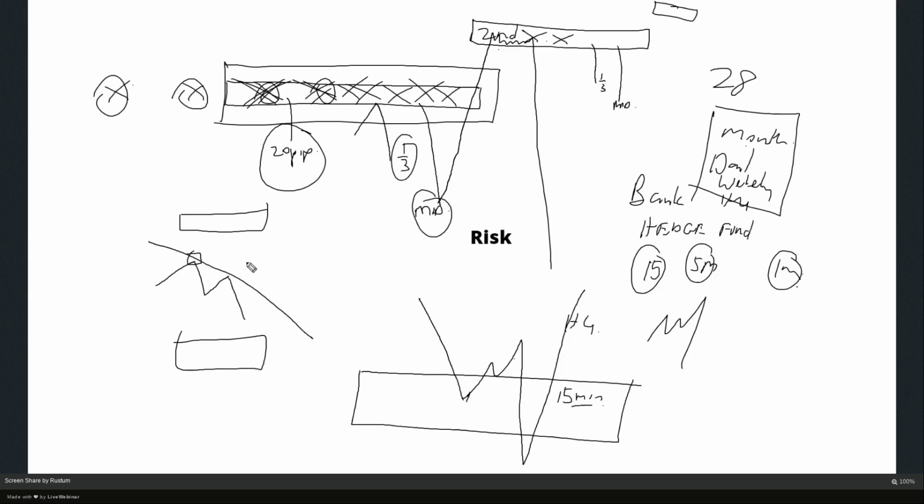So I'm looking for entries there and I'm looking for entries there. So I know what I'm doing. Then as price is coming back to the level, now that's qualified because we have 1, 2, depending on how far the distance is here. I'll be looking there as soon as price hits because I am the same as the hedge fund and the big bank. I know I want to trade short and I know I want to do it in that area,